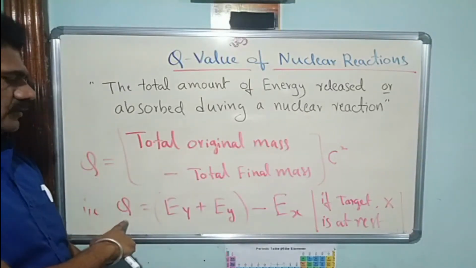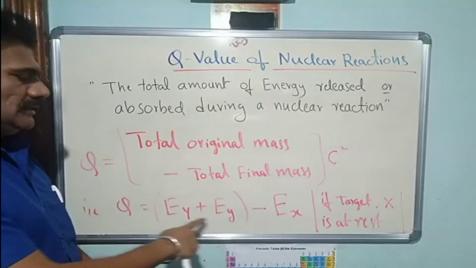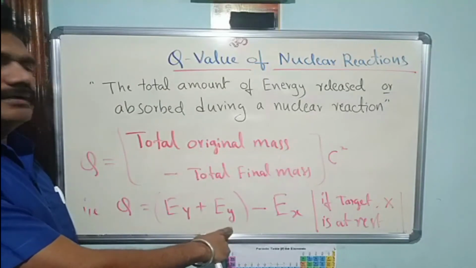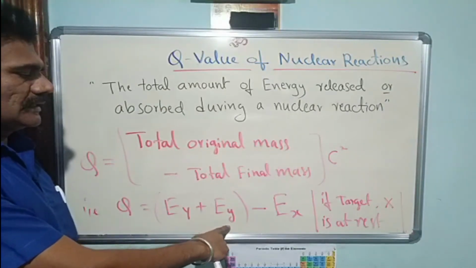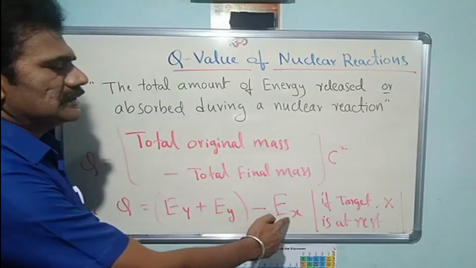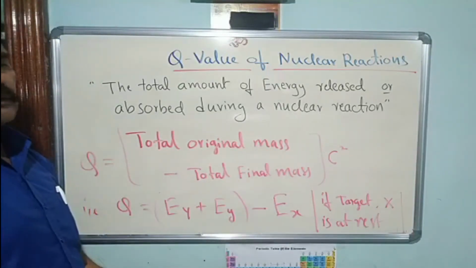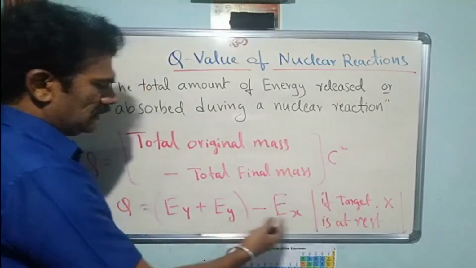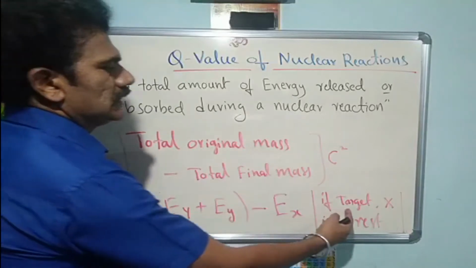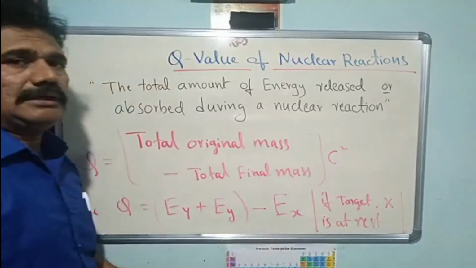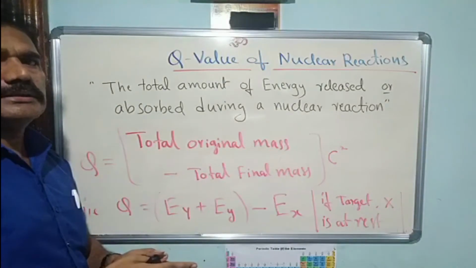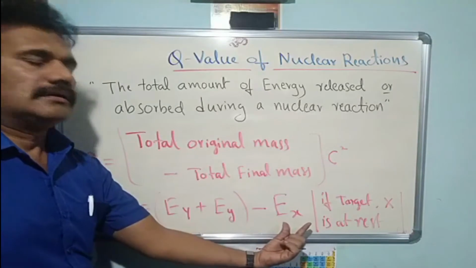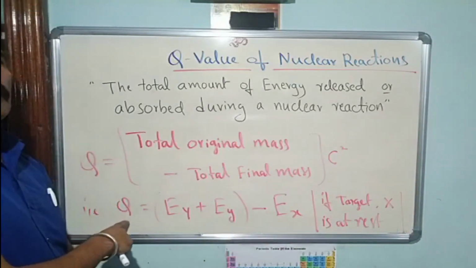So Q is equal to Ey plus Ey. Here capital E_Y indicates the energy of the product, plus the energy of the ejectile, any particle emitted here, that is ey, minus E_X, which indicates the energy of the incident particle. In this case, the energy of the target is not considered, because we are assuming that when you calculate the difference of energy, the target X is at rest. When the main target is at rest, the energy of the products minus the energy of the incident particle gives the total Q value.